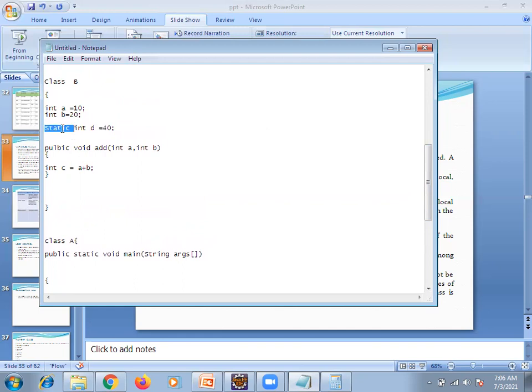If it is static, there is no need to create an object. Static you are defining, it will be available across the class. When the class loads, by default it will load. If you want to load these two variables, you need to create the object, or create the instance. Instance and object creation both are the same. So that's why we call it an instance variable. This we can call a static variable. This we can call a local variable. Clear or any doubt?